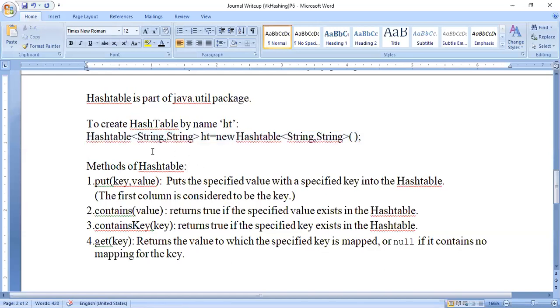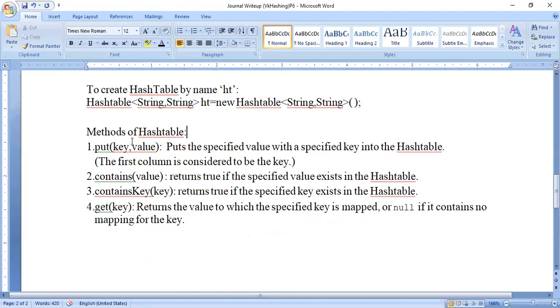Now let us know what methods of the hashtable we may use. One method is put. Put accepts two parameters: the first parameter is the key and the second parameter is the value. Put is used to store the specified key and value, whatever we type inside the parameters, in our hashtable.